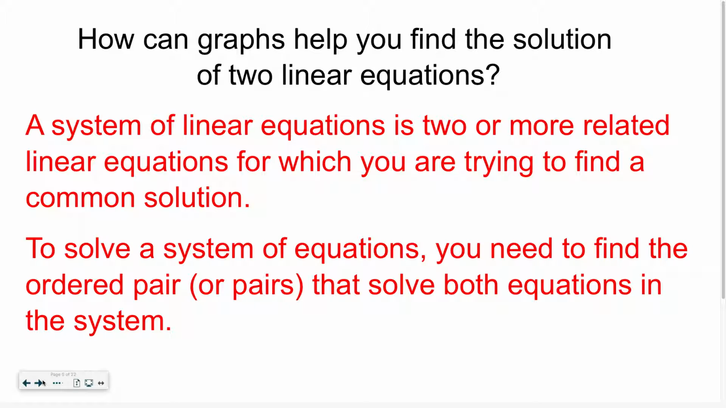System of linear equations: two or more related linear equations for which we're trying to find a common solution. To solve the system of equations, you need to find the ordered pair, the point, the coordinate that solves both equations in the system. So where the lines